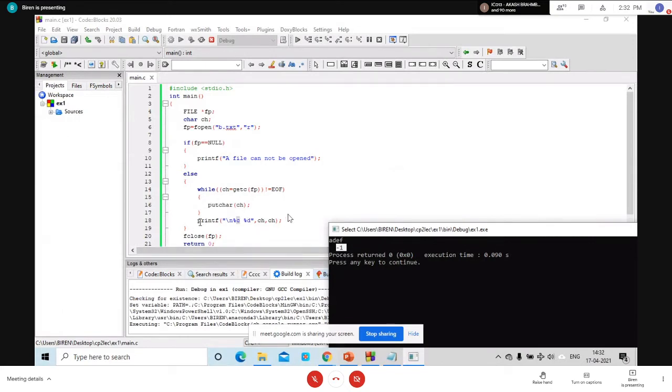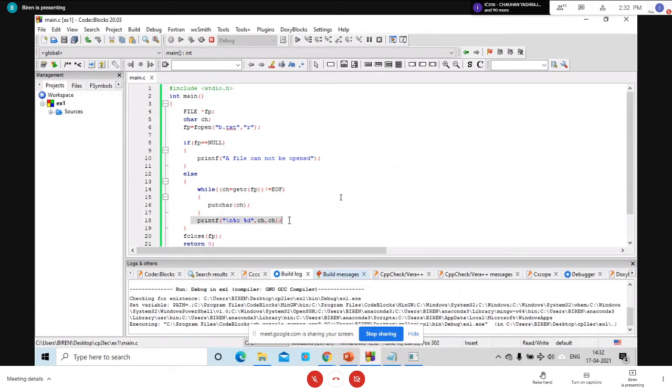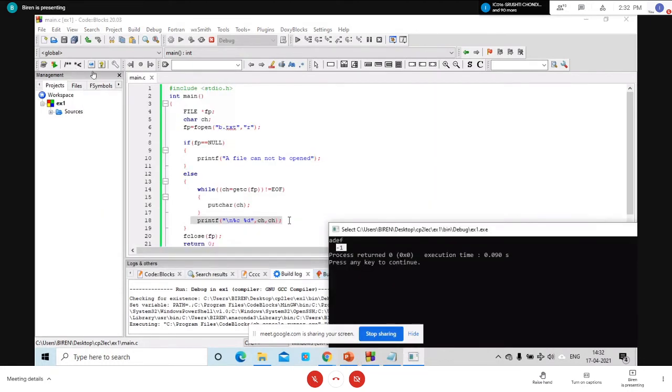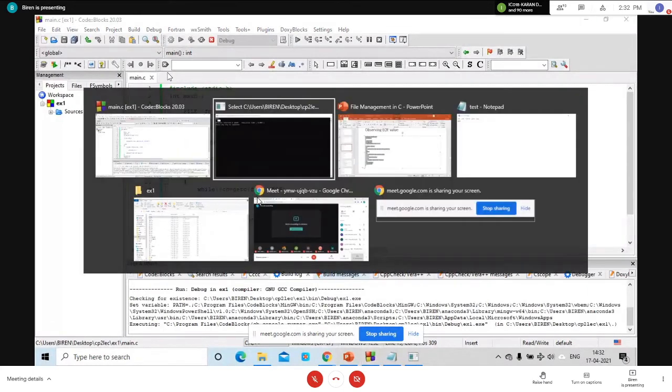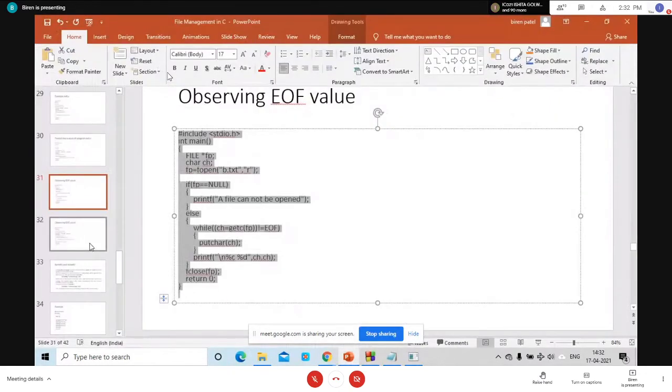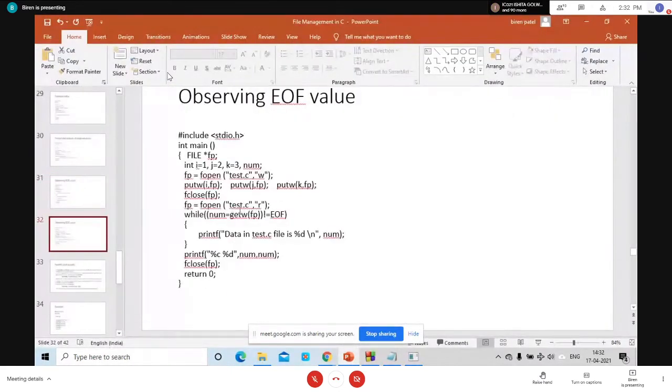That's why I have used this particular statement, %c for the getc function and %c for the getw function. In both cases, you are not going to observe anything for this EOF character.